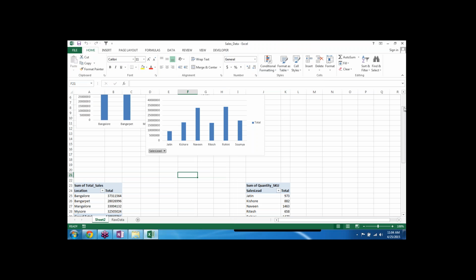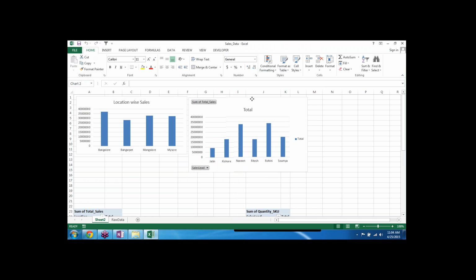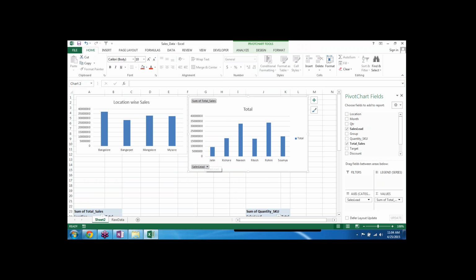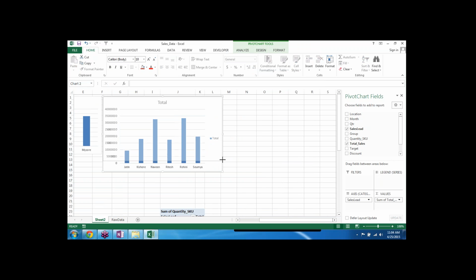Okay. So this is the second chart. What I am doing here, I'm just placing it over here, and then I hide my buttons, and then I say that this is actually based on sales lead.